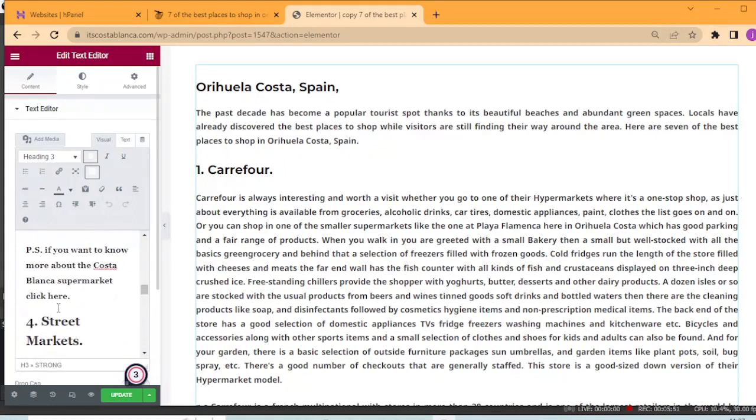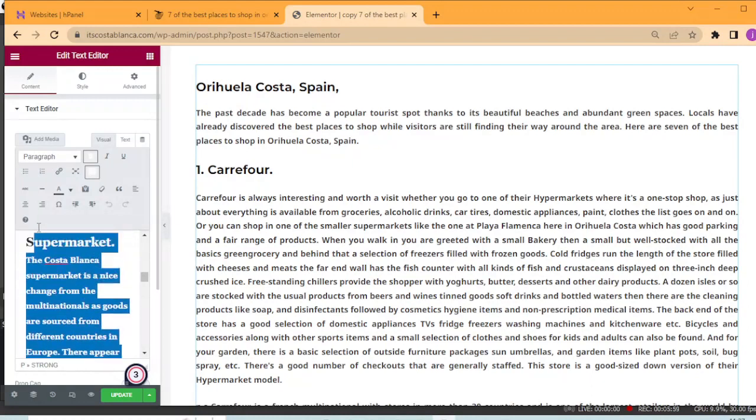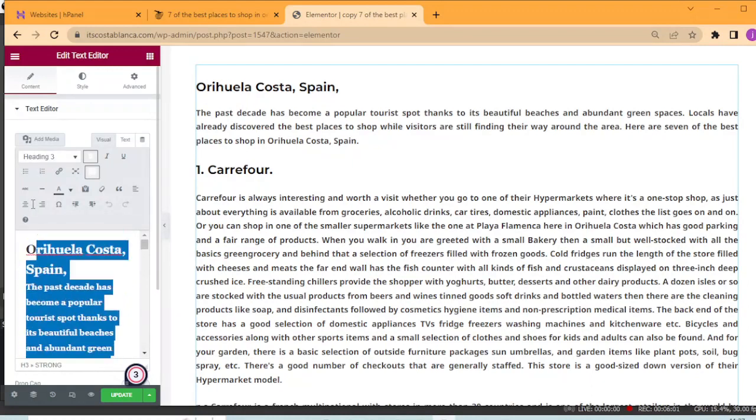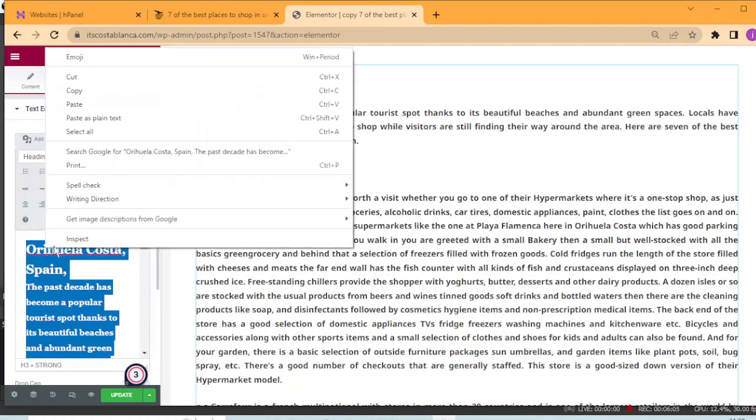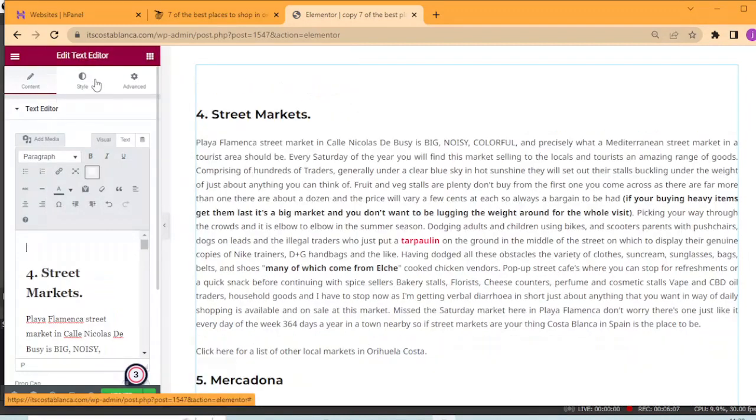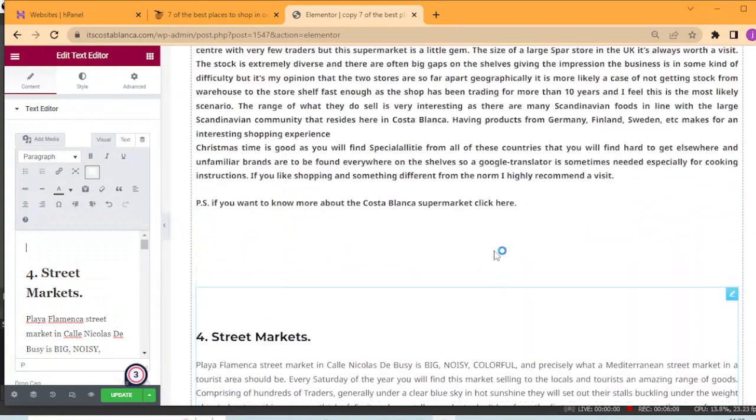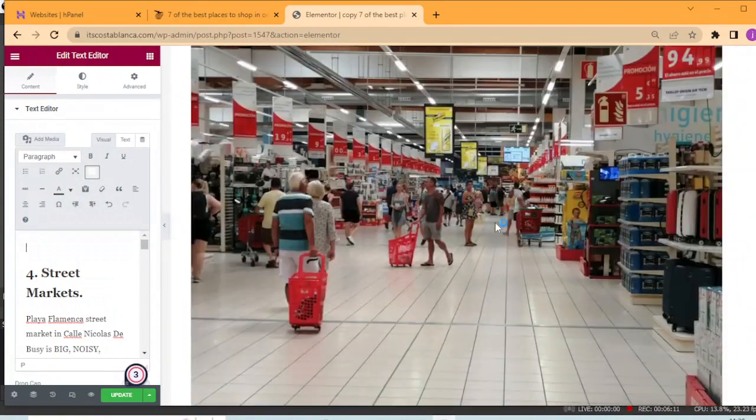Street markets. Now the opposite here. Street markets I want to leave. I'll click on here, highlight it, and go all the way to the top. Right click, cut. And then what that has done, we now have two separate pages on the same blog, if